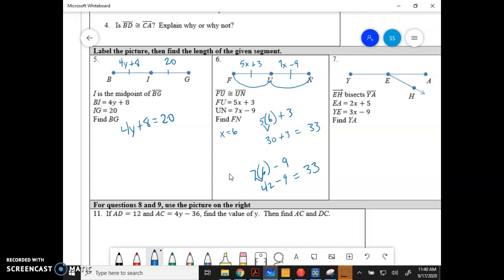Okay, so that's good. That checks out that they're both equal. They definitely should. So what would be the distance from F to N? Should be both of those together, which is 66. Okay,